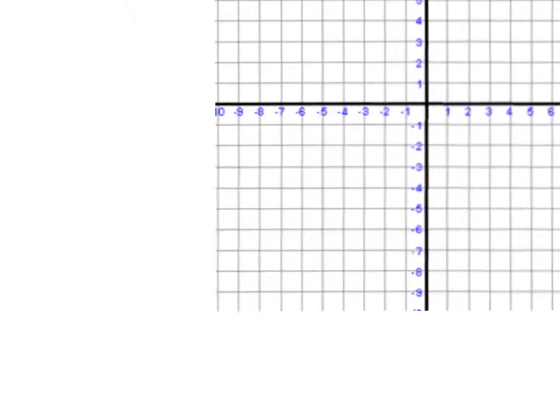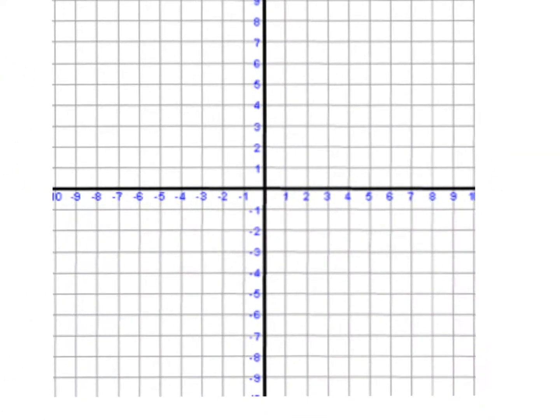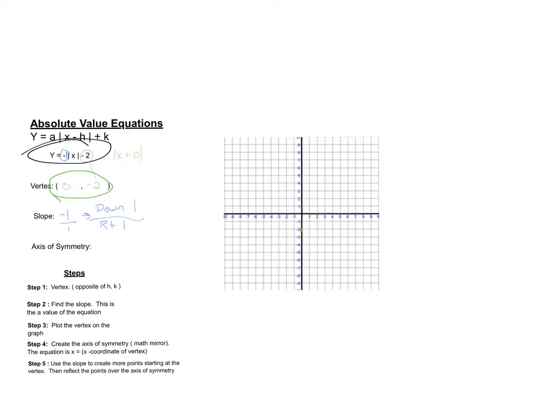Okay, so we go to our graph. Alright, so we have 0, negative 2. So I'm going to go down 2. So right there. Like so. Okay. Now, the next thing we have to do is